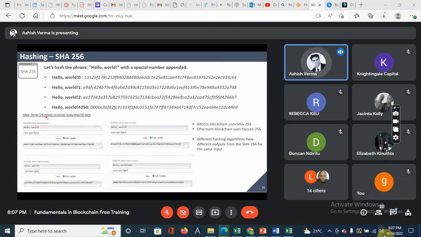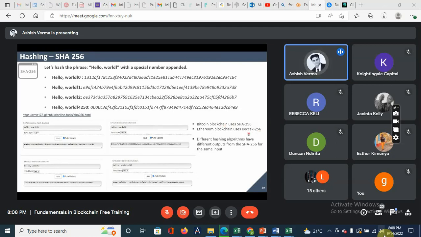This is the tool which is available on GitHub, and we can play with it. So I've actually put these screenshots. I put this message here, hello world one, and this is the hash which was being generated. So these are the 4 tools which I've used yesterday just to show you around so you can have a feel of it. Bitcoin blockchain uses SHA-256.